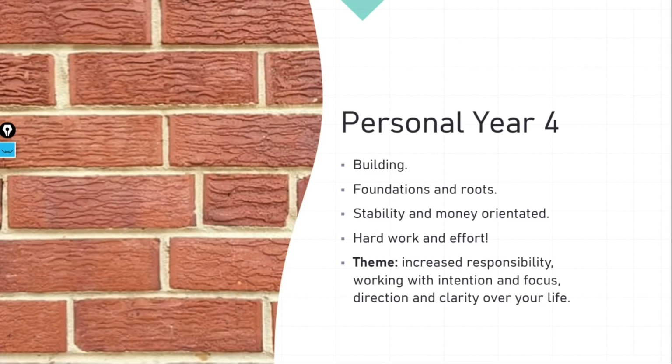Okay, so personal years number 4s. These are very different from the fun-loving year that you would have had before, or hopefully that you had before in a 3 year, because this year is quite a serious year. This is about building foundations, roots, stability. It can also be a very money-orientated year as well. So if you've ever started a new year and thought, right, this year I'm focused on my money, I'm going to pay off my debt, I'm going to save this, that and the other, and a lot of your goals are around money, you might want to look back and see if you were having a personal year 4, because it's quite possible that you were.